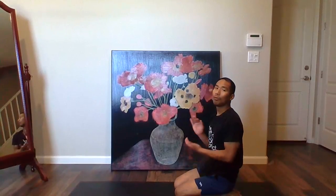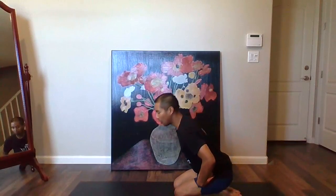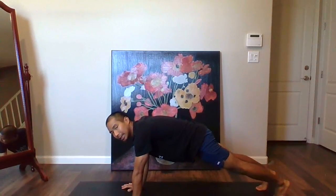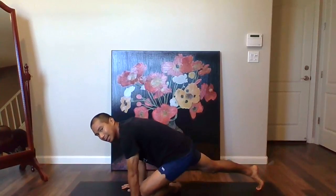Now on this round, we can start to work folding forward. So once I have that space in my hips, I can start to lengthen and fold forward. Okay, let's get into pigeon one more time. From plank, take a deep breath, let's go left knee, we did right already. So left knee to left wrist,